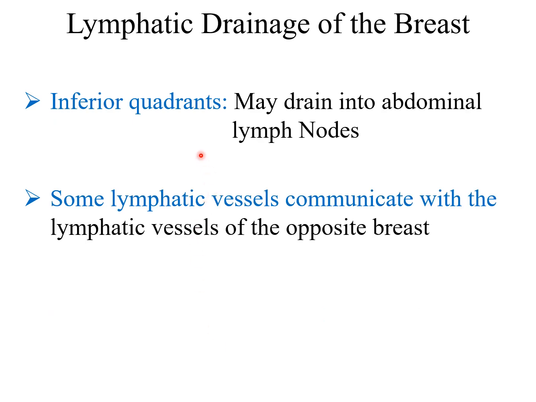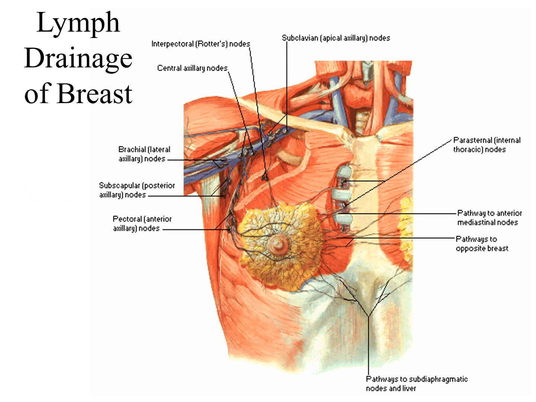Also, the inferior quadrants may drain into the abdominal lymph nodes very superficially, and some superficial lymphatics communicate with the lymphatic vessels of the opposite breast. Here we can see now this is the right breast and this is the left breast. So this lateral half is mainly going to the axillary group of lymph nodes,